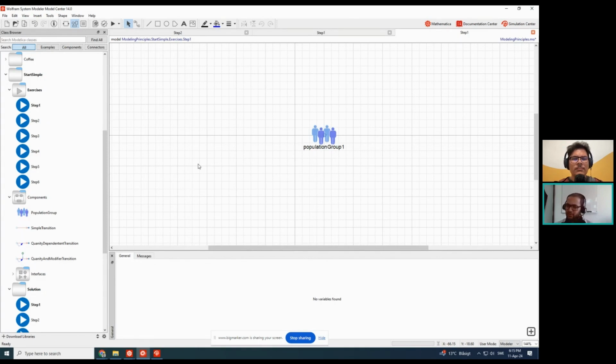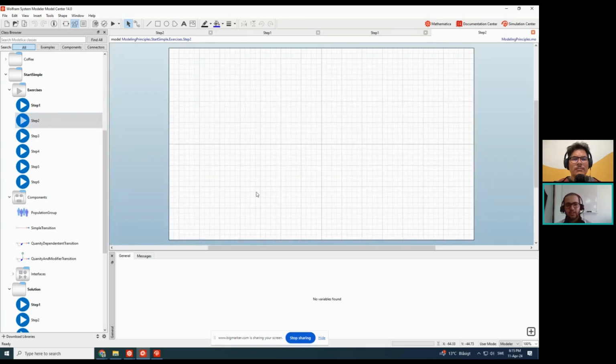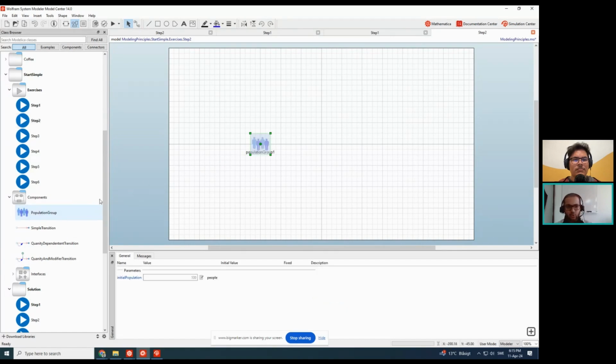So once I know I just have the population group, the next thing I would want to do is, let's say in the SI concept, let's start by modeling the S and I. Let's start with two different population groups, one to represent the susceptible group and one to represent the infected group. We will cover the recovered group as we go along. So to model that, I will drag in two population groups,